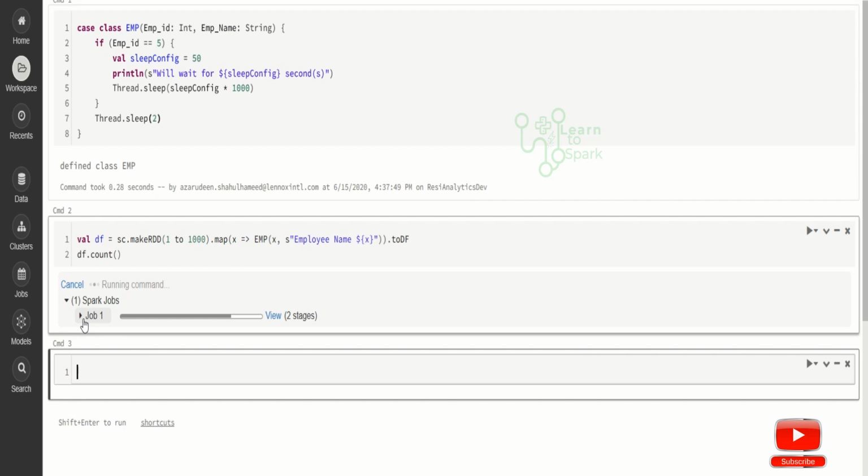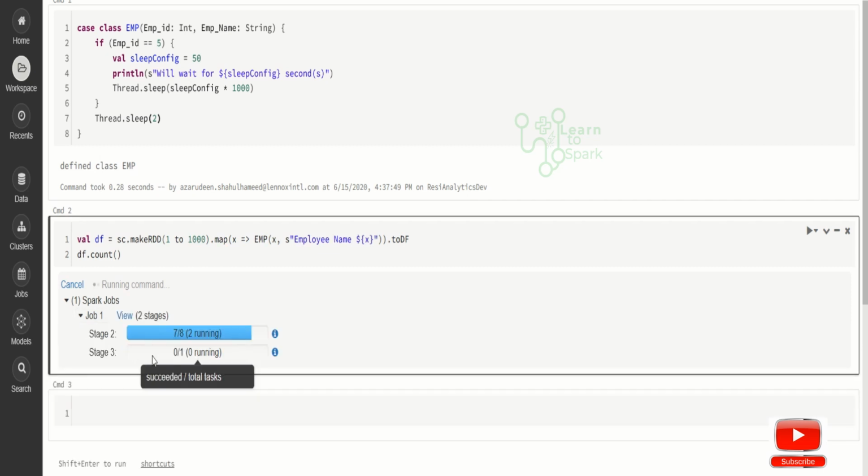Our Spark job got triggered. Here you can see 7 tasks got completed and only 1 task is remaining, but 2 tasks are running. That is because it is running on 2 different worker nodes. The same task is running on 2 different worker nodes. Let us check once it is completed.